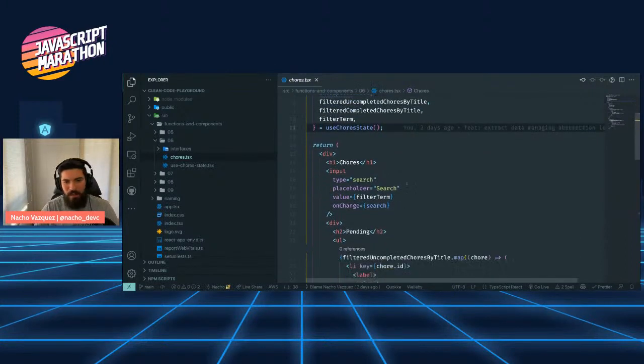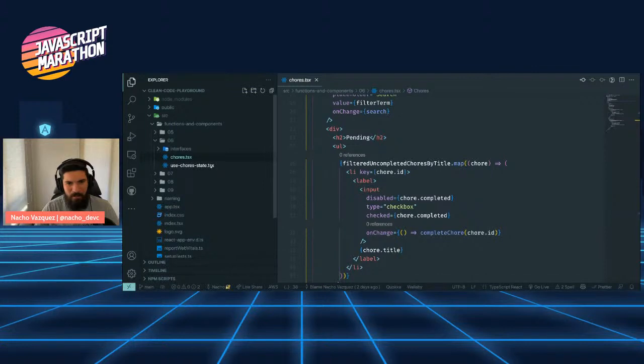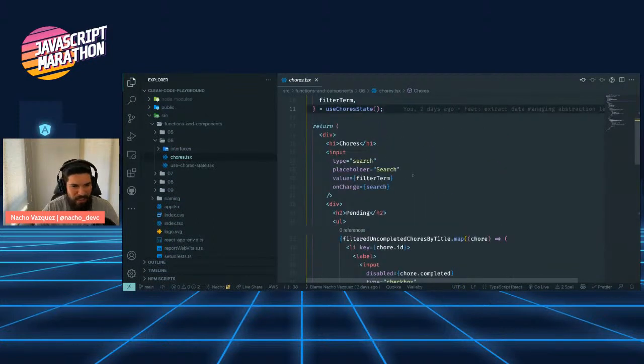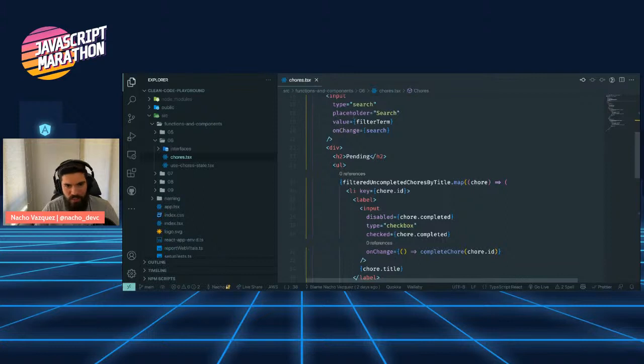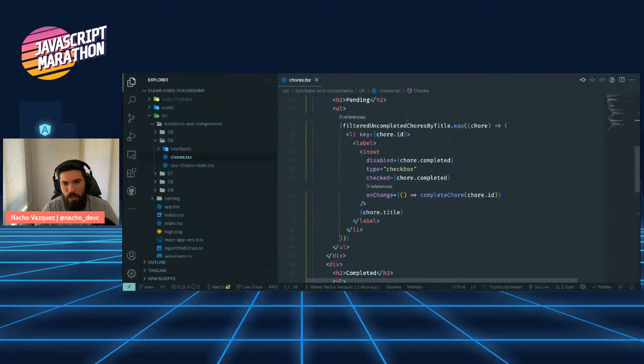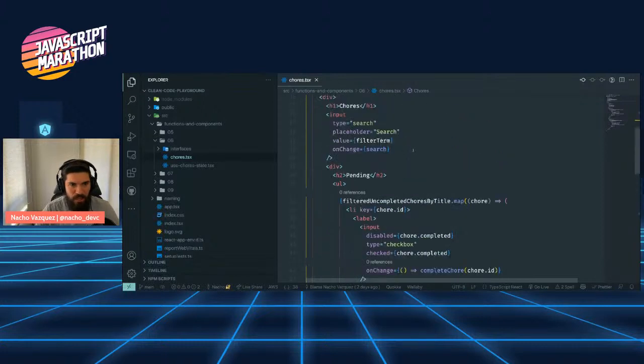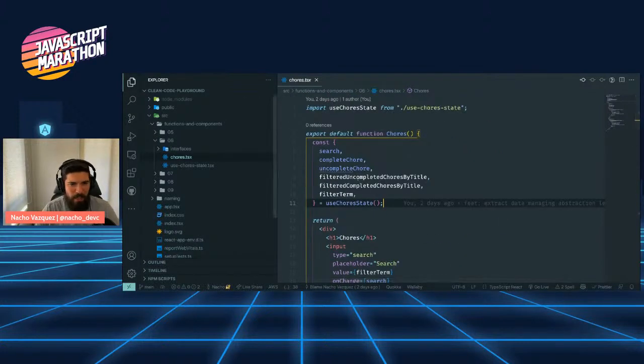All right, so now we make our component a bit cleaner, but still there are some parts that are hard to reason about, and you could argue that this component is doing multiple things. For example, we are searching and updating the value of this input. We are listing the incompleted and the completed ones. And for each one of these components, we are making some actions, and those actions are actually making a lot